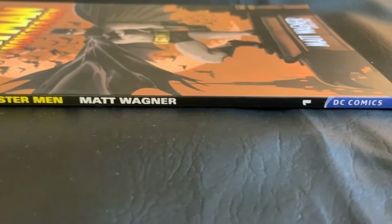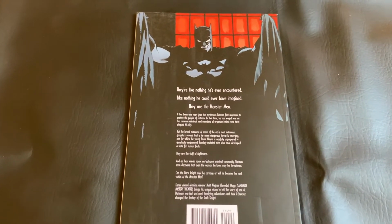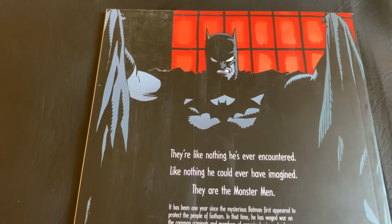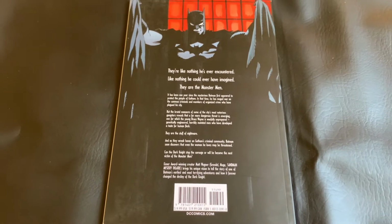Like so many trade paperbacks, this is a standard size collection. The pages within are a light gloss with little gutter loss. And from the cover, you can get a good sense of Matt Wagner's Batman art style, which I think is spectacular. And with the cover out of the way, we can go ahead and get started jumping into the collection